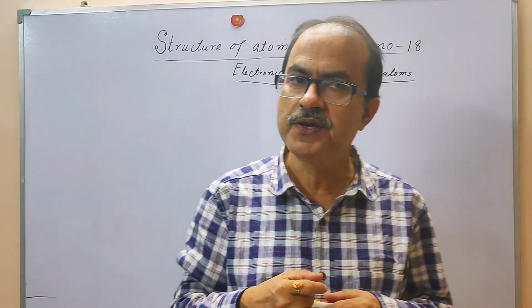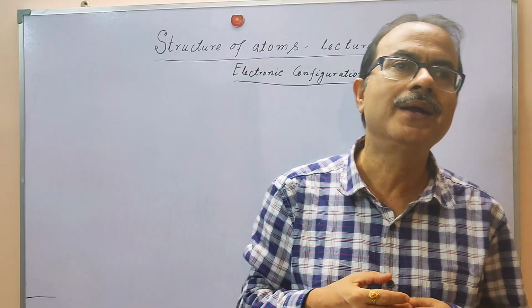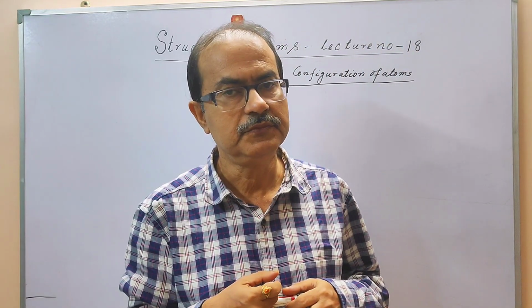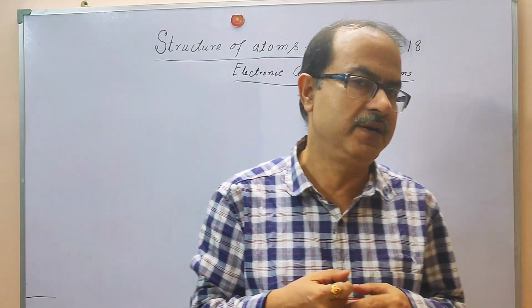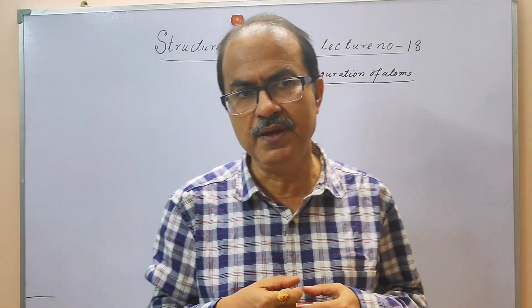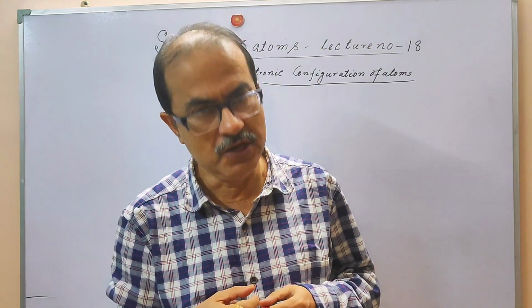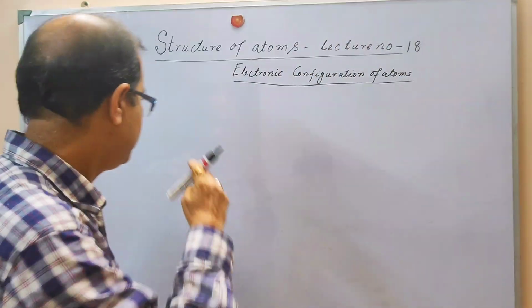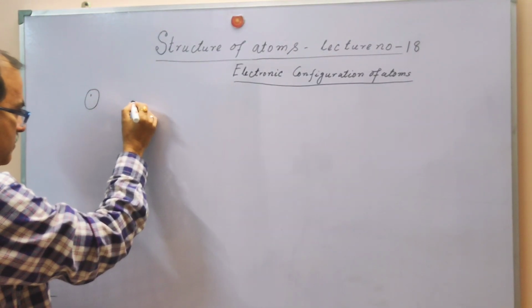And we know in the previous lecture, lecture number 17, what the rules are which govern the filling of the electrons in the orbitals. There are basically two ways that you can write the electronic configuration of the electron. Number one way is, in this way you can write